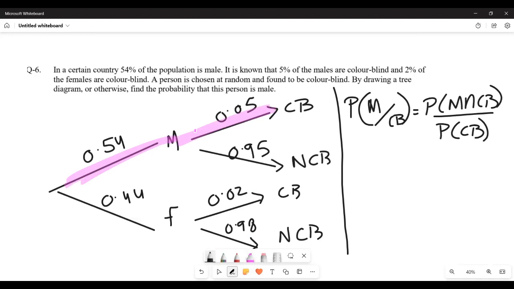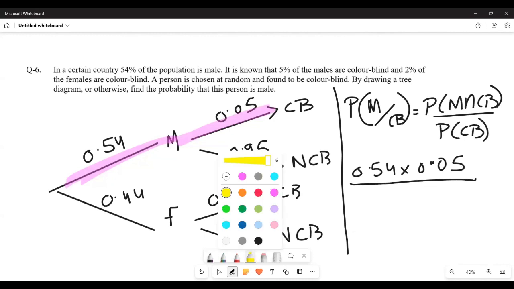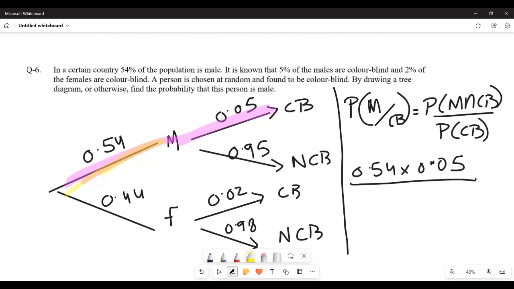So 0.54 times 0.05. Upon probability of colorblind would be this times, ये भी कलर ब्लाइंड वाला केस है और फीमेल भी कलर ब्लाइंड हो सकती है, so ये भी केस है. And these branches 0.54 into 0.05 same as numerator plus 0.46 into 0.02,